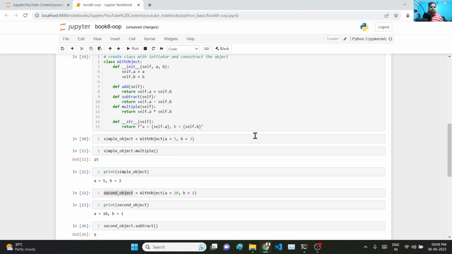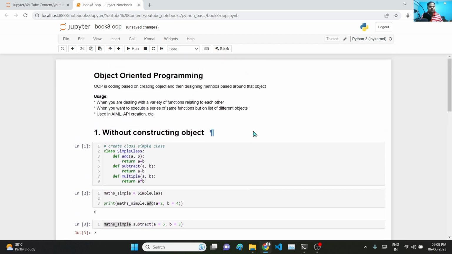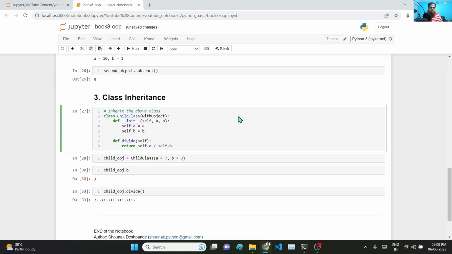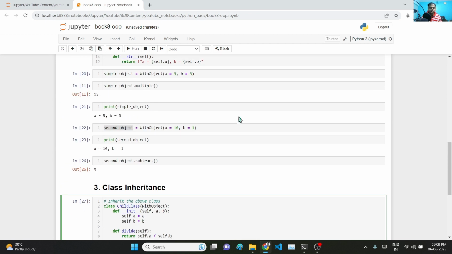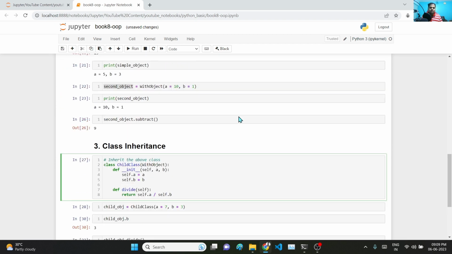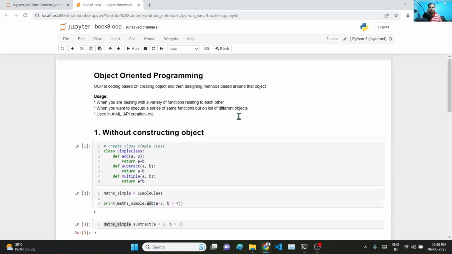So that's all about object oriented programming. If you are working with data science, then object oriented programming might not be that frequently used, but if you are working with machine learning, then object oriented programming will be used quite often. And also if you are learning Python just to work with Excel sheets, then